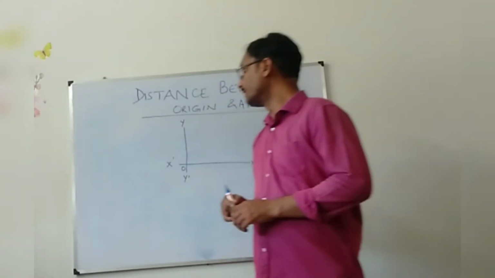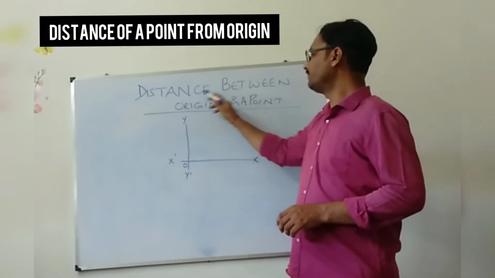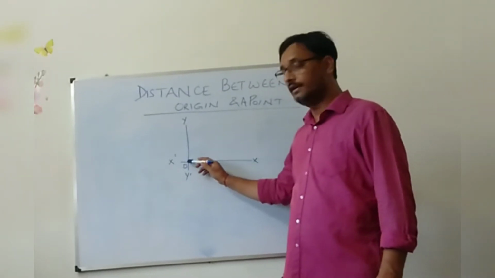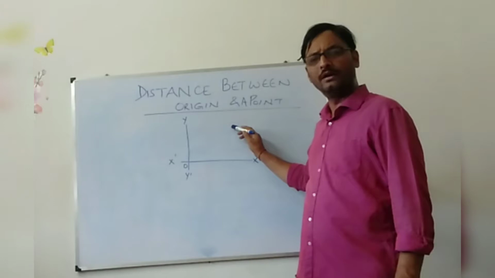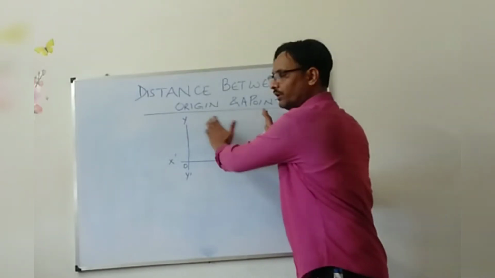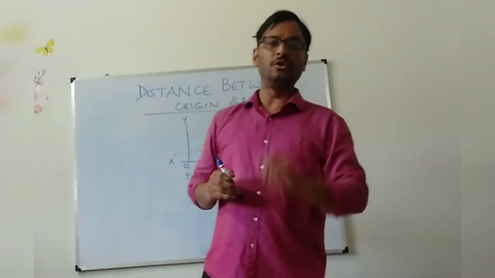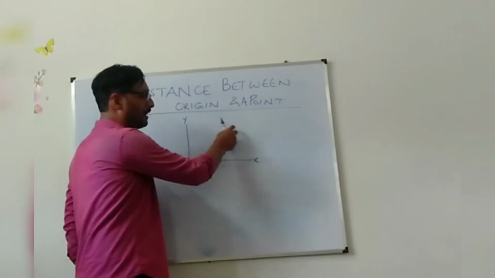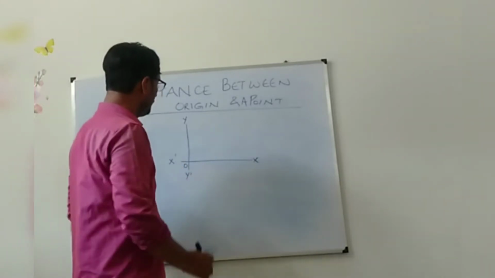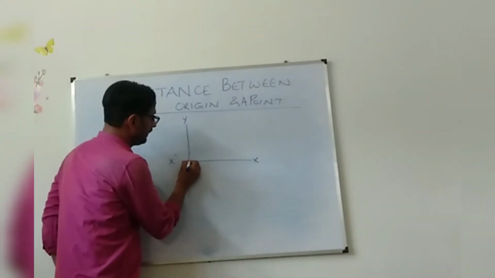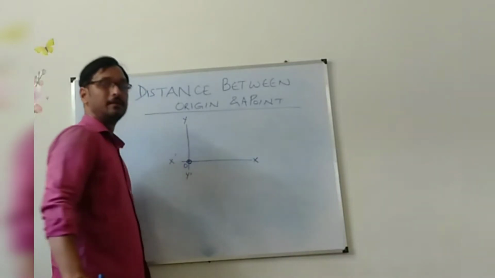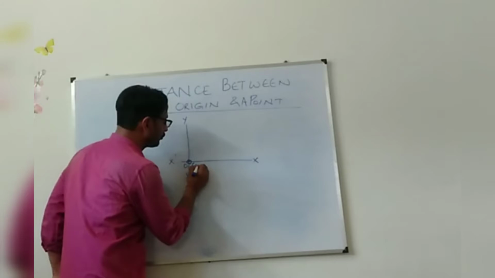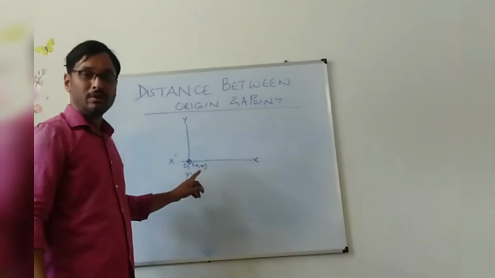Learning how we will be finding the distance between 2 points, where the first point has to be the origin and the other point will be anywhere in this quadrant. In the last video, what did we do? In a particular quadrant, 2 points were given, but in this case, the first point has to be at the origin. If the point is at the origin, what would be its coordinate? Its coordinate will be 0, 0.